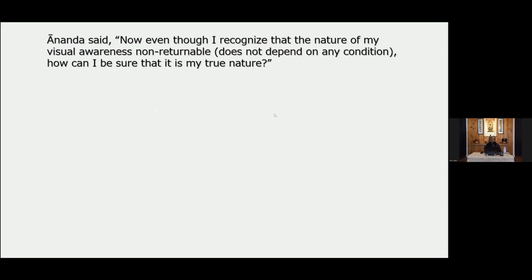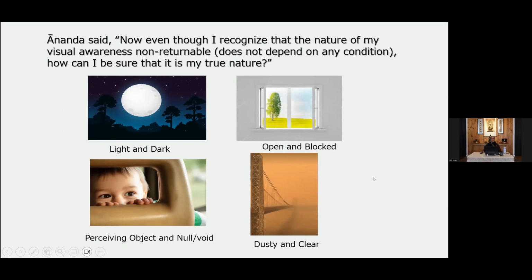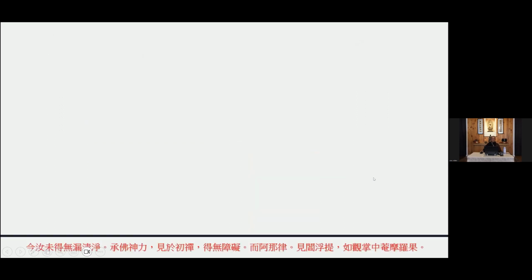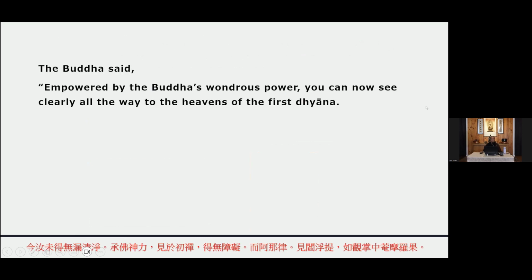So last time we talked about the 8 conditions for us to see. And so if we return them, how do I know that's my true nature? And then Buddha continued to explain, okay. So at that time, Buddha empowered Ananda so that